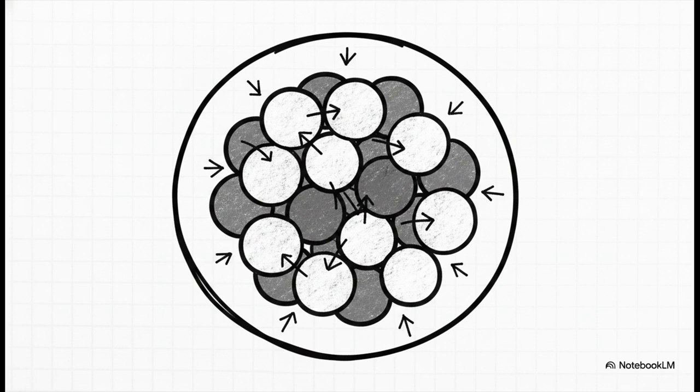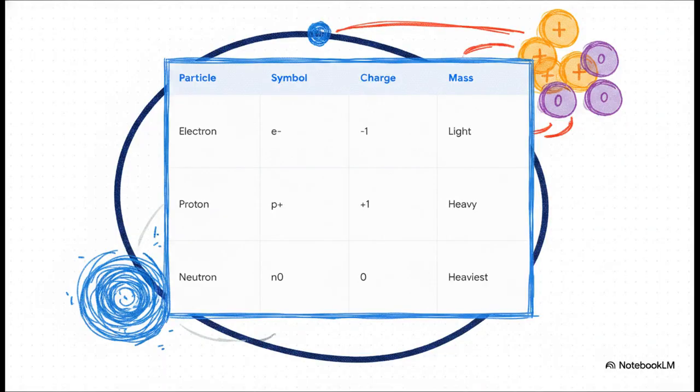In fact, as atoms get larger and heavier, you actually need a higher ratio of neutrons to protons just to keep the peace. Let's just pause for a quick second to see how this builds our complete structural picture. We now have our 3 fundamental subatomic particles clearly defined. The electron is negatively charged, zooming around the outside with practically 0 mass. The proton has a positive charge and acts as this heavy anchor right in the center. And the neutron, completely neutral, is actually the heaviest particle of the whole bunch, sitting right alongside the proton to keep that dense core perfectly stable.